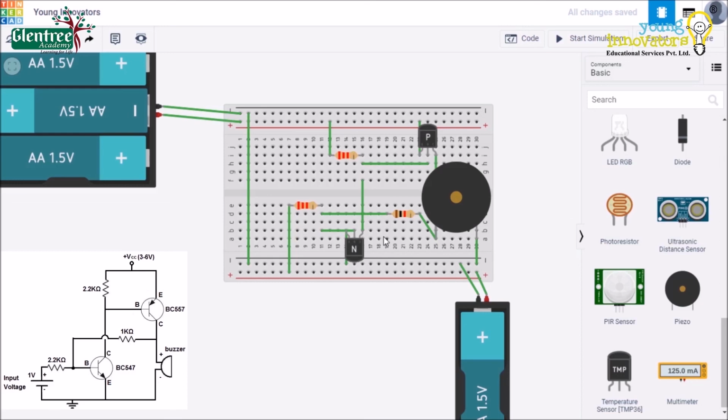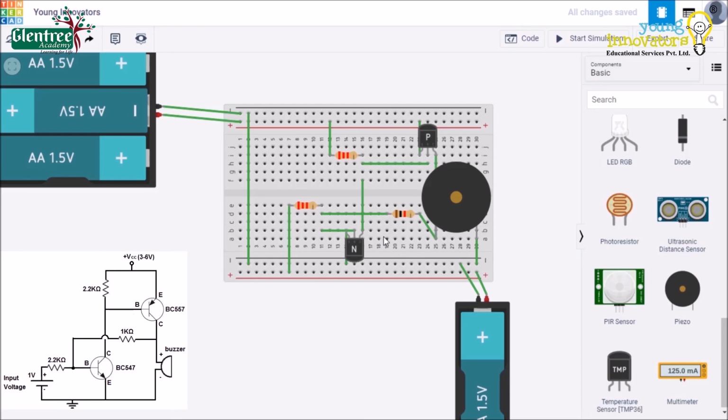This tells us the current flow is not only dependent on the positive and negative terminals of the battery, it is precisely dependent on the base terminals of both the PNP and NPN transistors.